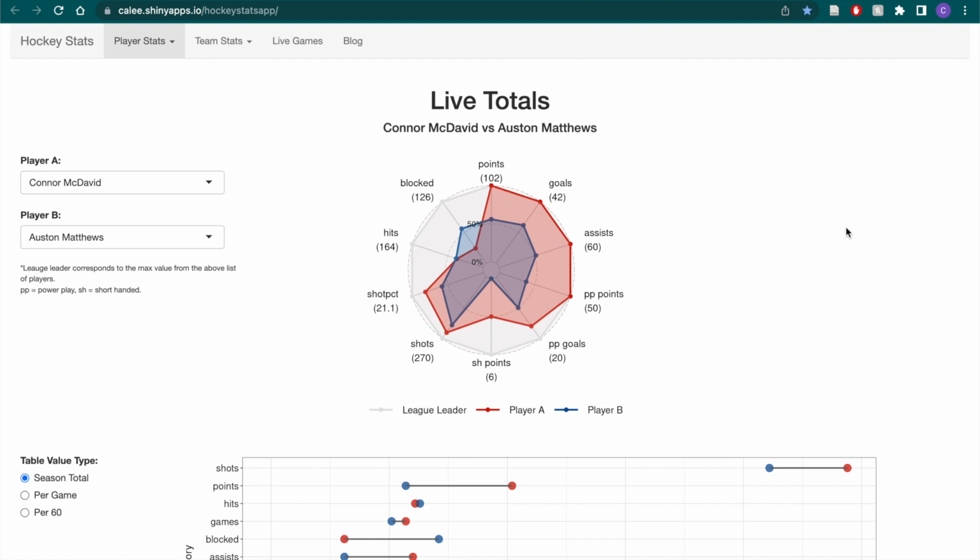Alright, so this is hockeystats. It's a Shiny application that talks to the NHL API R package to pull live data that we visualize here for player stats, team stats, live games, and this application also just serves as a gallery of blog posts pertaining